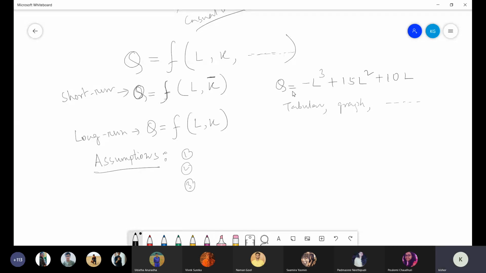Another producer might be producing the same quantity of pens, but his production process is capital intensive. It means he is using more and more capital in the process of production. More machinery, a more sophisticated production process he is following. So some producers' production process may be more labor intensive, and some producers' processing activity may be more capital intensive. Okay, that may be there.